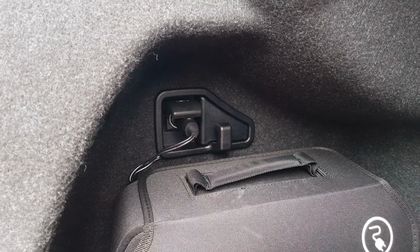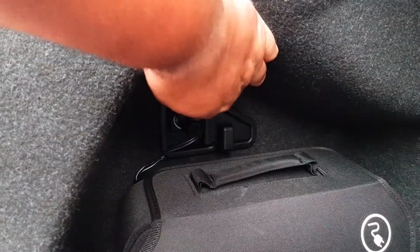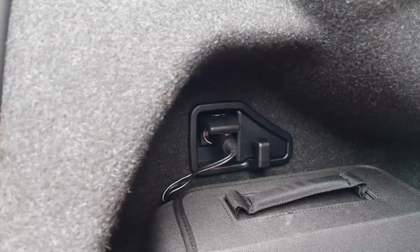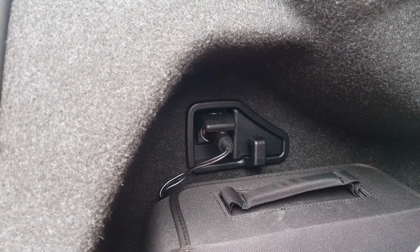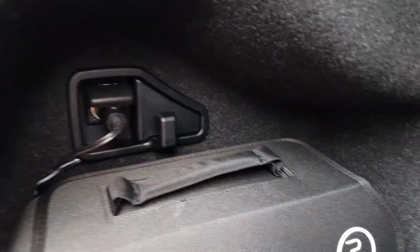So there you can see the power cable being connected here to the cigarette adapter in the rear. And since it was a professional install, the guy was able to do it neatly. I would say it's a good job. And that wire is then run through the inner trim. I hope you can see this. Yeah, inner trim here, and it comes out to the battery pack,